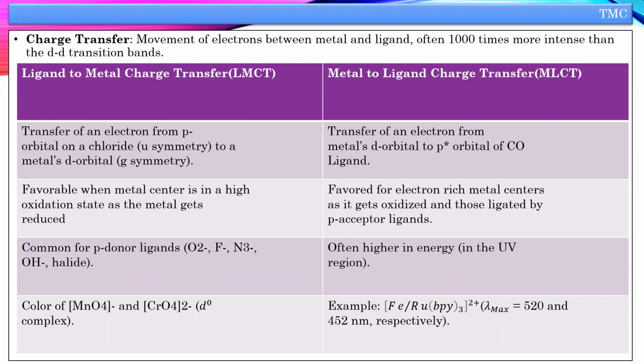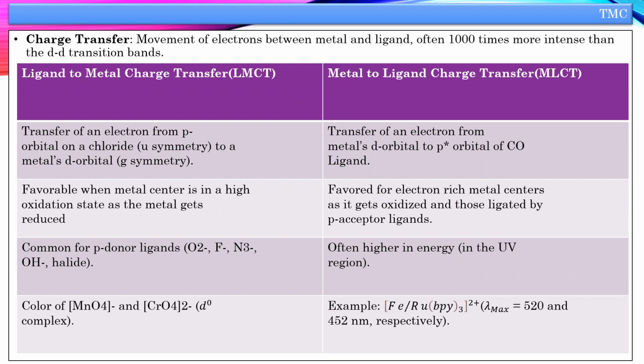Another factor that decides the intensity of the color is charge transfer. Charge transfer occurs in some complexes, like Cr2O7 2-, where chromium has d0 electrons, so there is no d-d transition, but it exhibits color due to charge transfer. Another example is MnO4-, where a d0 configuration is exhibited, no transitions, but color is still exhibited. That is only due to the charge transfer.